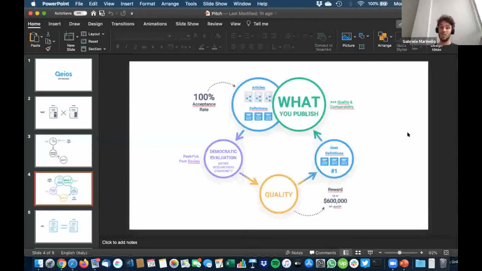So we are asking researchers to compose all these building blocks, these definitions. We are asking them to review and rate these definitions, so that, as you can see here in the slides, from the blue circle in the upper part of the slide, we go straight to the democratic evaluation circle. What do we perform there?